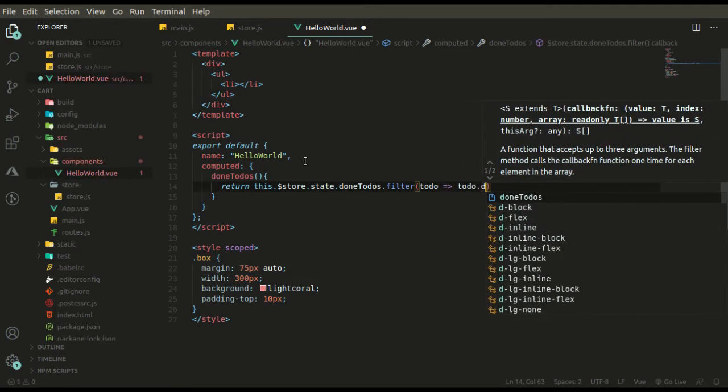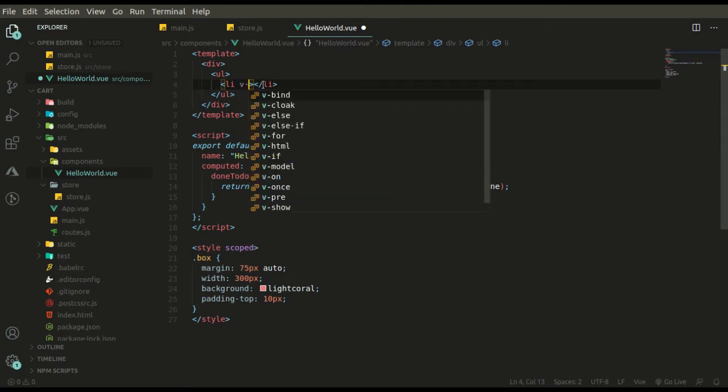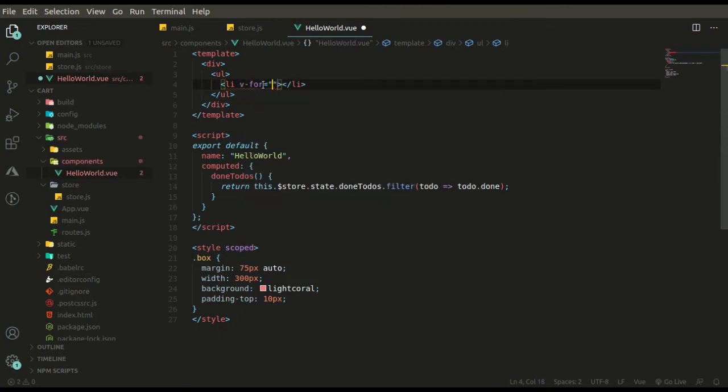So this is how we can get those to-dos, and we can run a loop through this array with the help of the v-for directive. Let item in doneTodos. Basically it is the derived value from this computed property, and it requires a key property, and we will be using id.